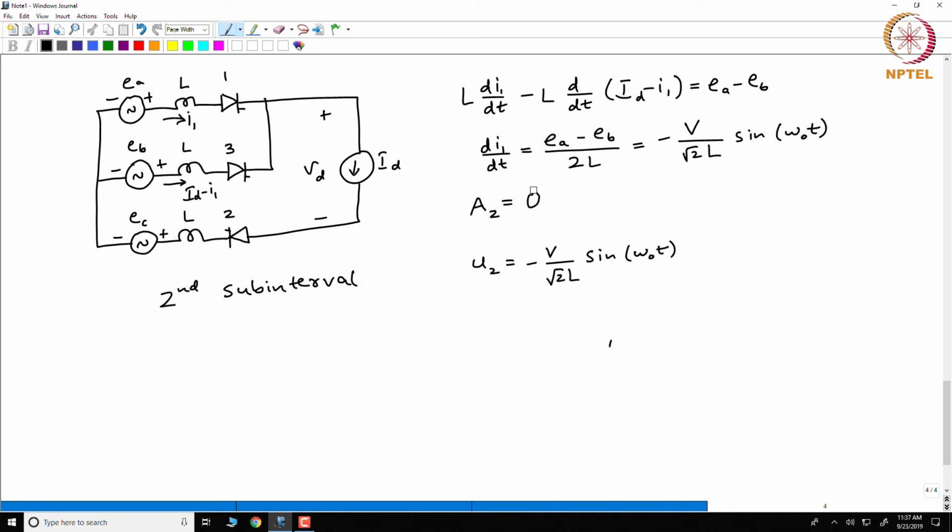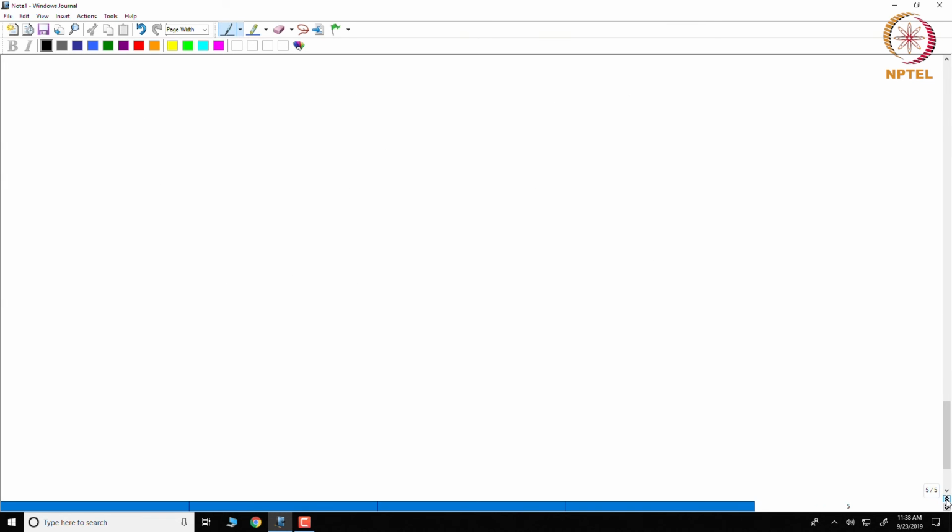Now, you notice that A1 is 0, A2 is 0. Because A1 and A2 are 0, the circuit was easy to analyze. So we will consider some cases where A1 and A2 are not 0. If A1 and A2 are not 0 matrices, though we know the solution, it is slightly complicated. Before going to other cases where A1 and A2 are non-zero, let us consider the same circuit, but what we have now is 2 and 3 valve conduction. What we saw just now is 3 and 4 valve conduction. So if I take the same circuit and consider 2 and 3 valve conduction mode, which is actually the normal mode of operation.